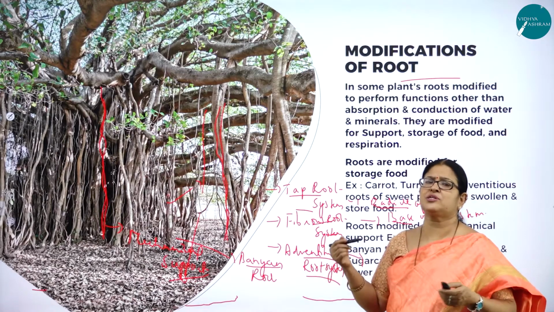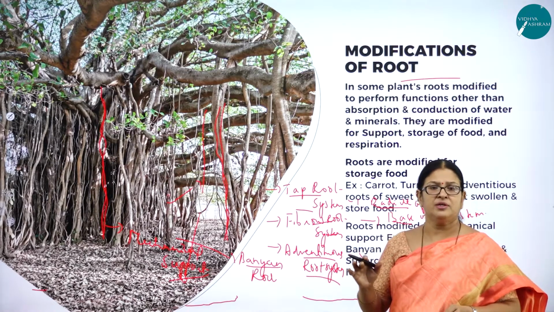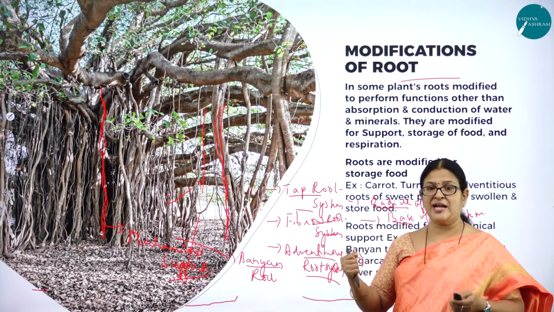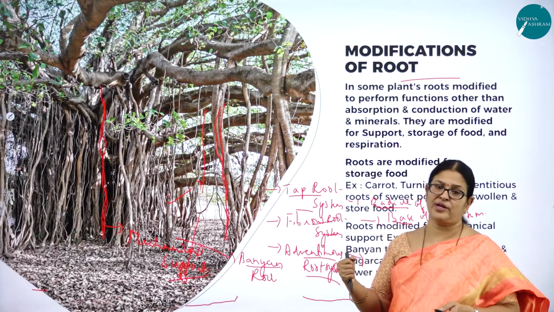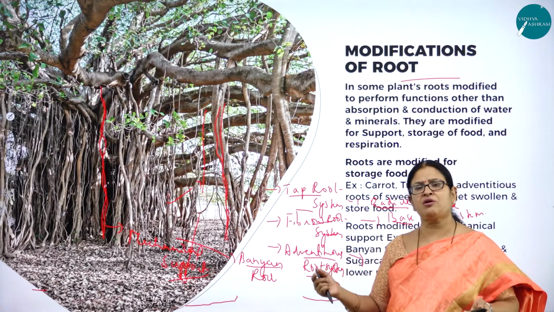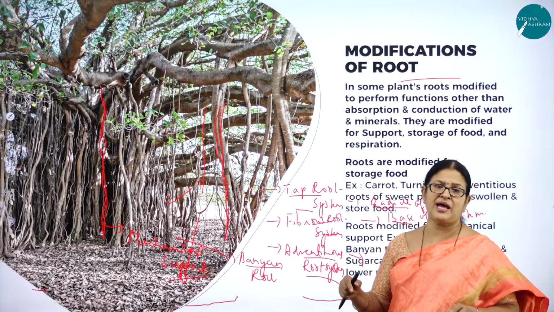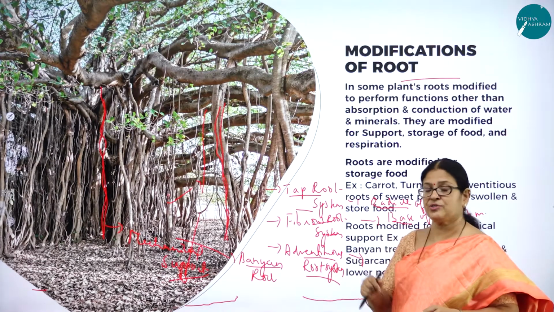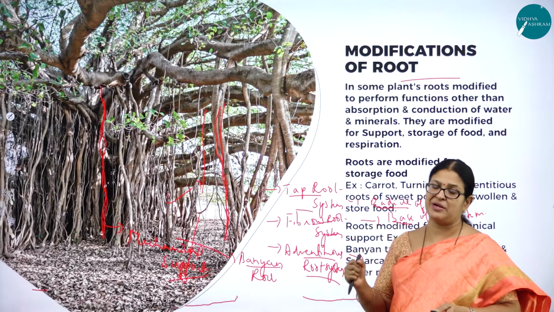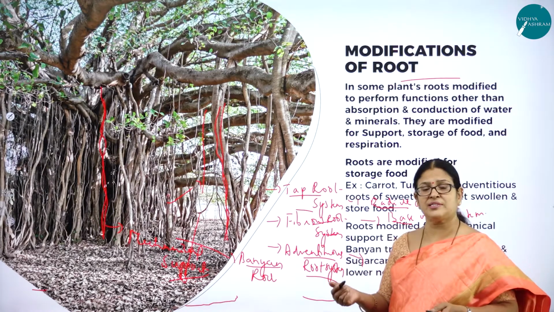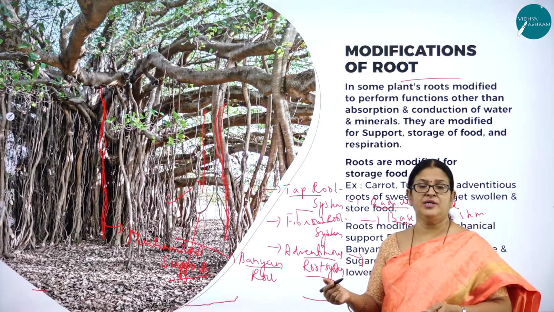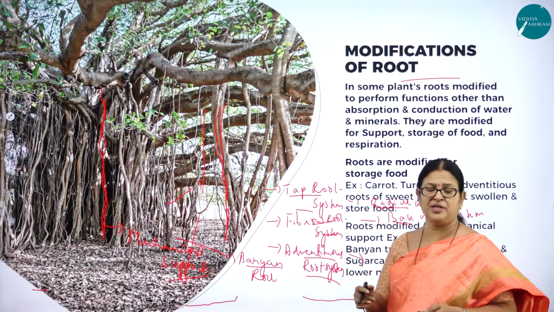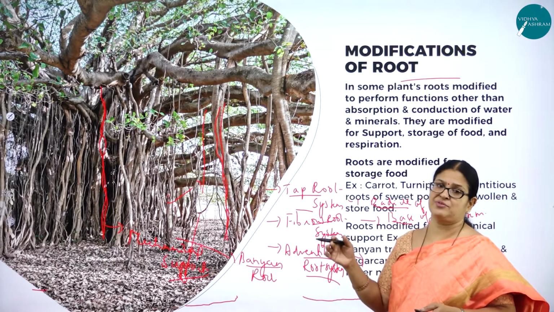Other than, as I said, what is the normal function of a root? First is fixation firmly to the soil, so that it anchors firmly and can overcome all the climatic conditions. There is a strong wind, heavy rainfall, but nothing will happen to the plant, to the tree. Why? It is because of the roots. So they anchor firmly to the soil and give mechanical support. And what is the second very important function? It absorbs the dissolved mineral solutes and conducts them to the aerial parts of the plant body.